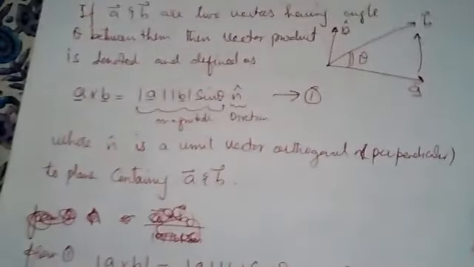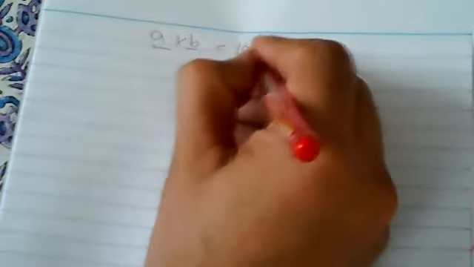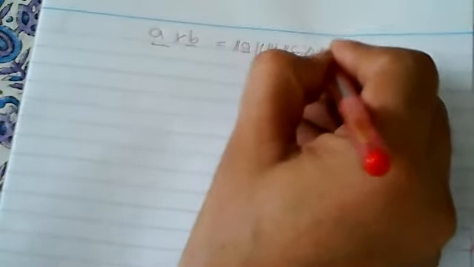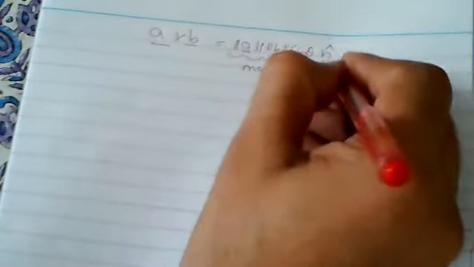So it means if we have two vectors, suppose we have these two vectors, A cross B, then by definition A cross B is a vector quantity. So for vector quantities we need two things: magnitude of A, magnitude of B, sine of angle, and this is a direction, the unit vector. So this gives the magnitude of A cross B, and this gives you the direction.